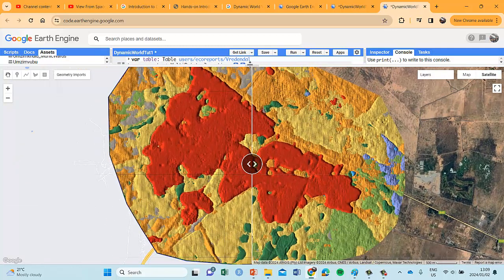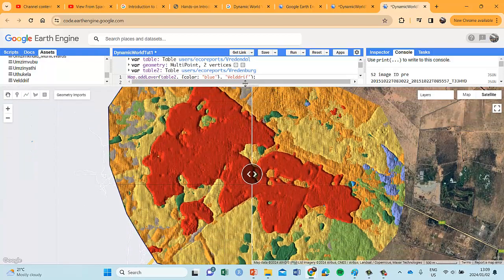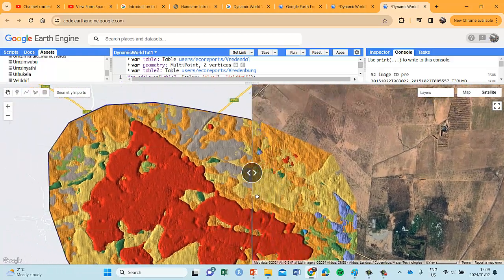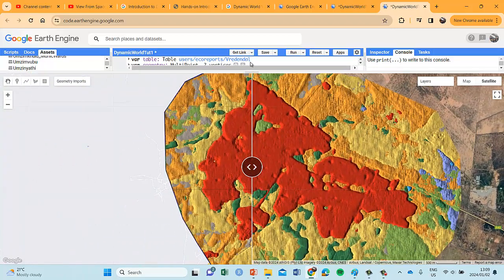So this was the case here. I had to change my dates from the 15th to the 10th, the 10th of 2023. The 09 images for this town didn't want to display properly, so I just amended my time. The code, there's nothing wrong. So if we have a look at this town,